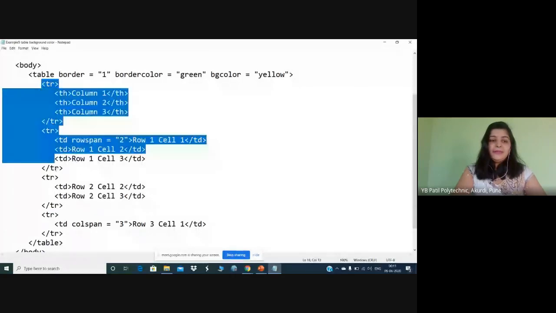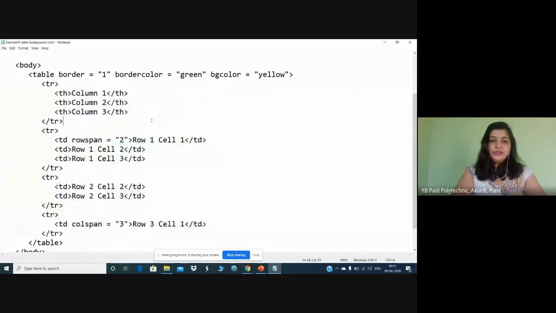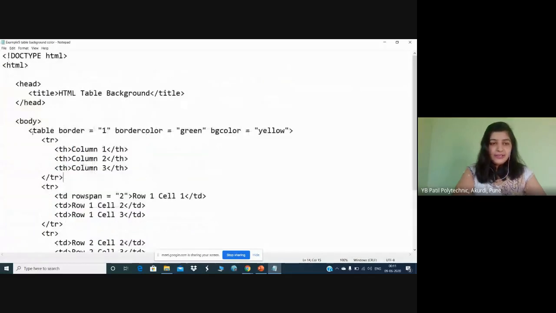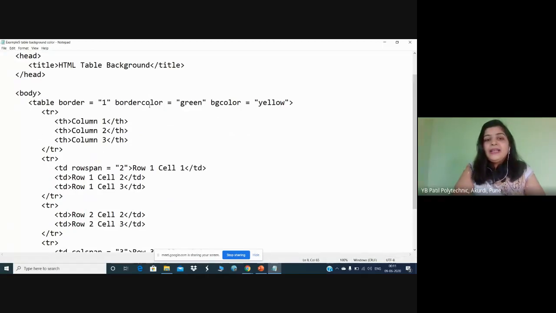See here, this part is the same as the table we previously created, using column span and row span. So I will explain this part only. Here, how to change your table background. See, the table is given the attribute border 1, and border color is given as green. See, bordercolor is another attribute which you can use. You can give the border line in green, and bgcolor. This is the main attribute which is used to change the background of your table. bgcolor is given the value yellow. So your table will be displayed with a green border and yellow background color.